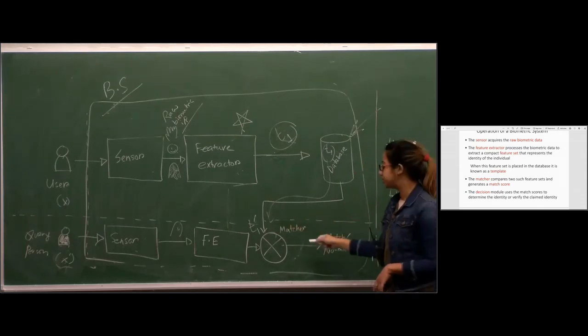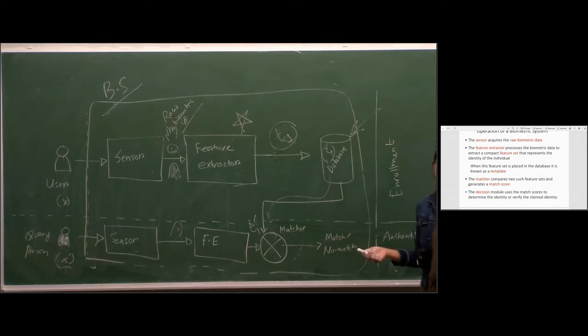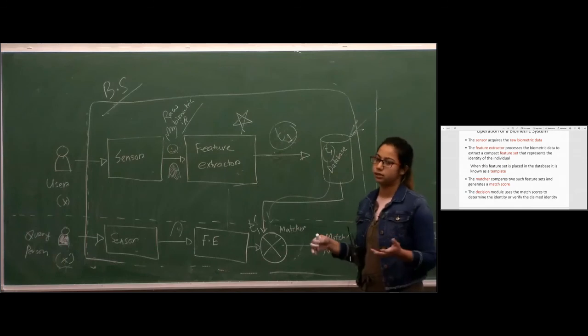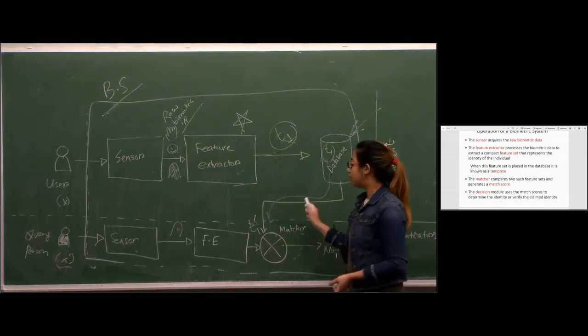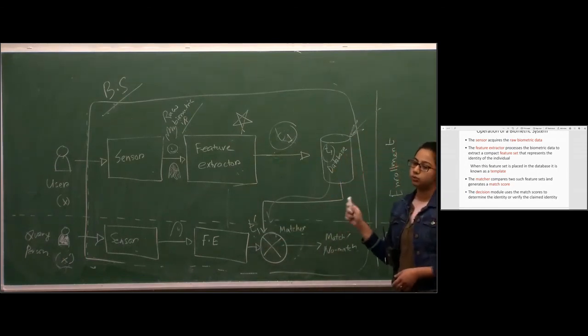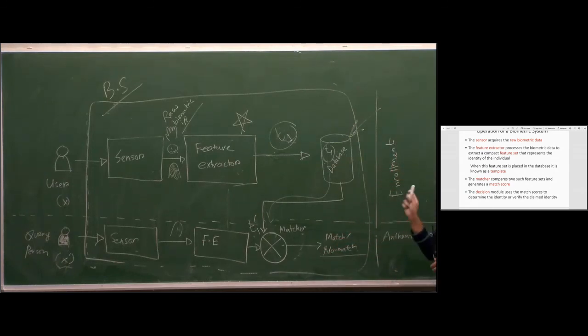So for the matching, there are so many machine learning algorithms or classifiers available, like SVM you can use, or there are actually so many like CNN, ANN. So the matcher's duty is to perform a match between this one and this one, and whenever it will give a very high matching score, that means the device will understand, okay, this is my master, this is the person who was enrolled in the very first day, so it will let you use the device. So that's how you get authenticated.